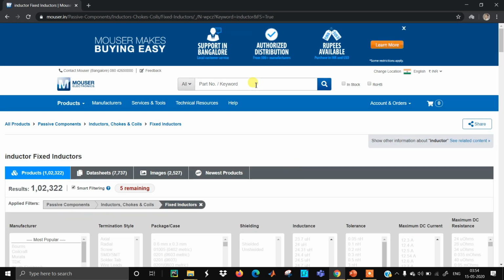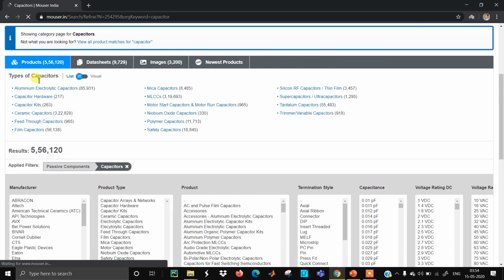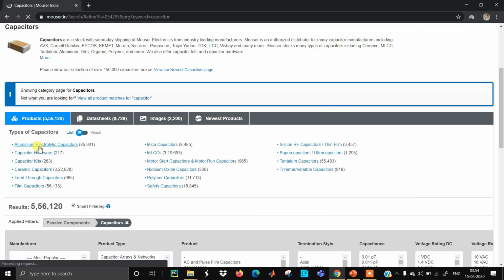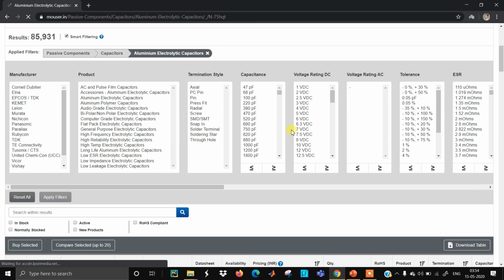Similarly for the capacitor, we'll search capacitor in the search bar. Select aluminum electrolytic capacitors. Our calculated value was 31.32 microfarad.